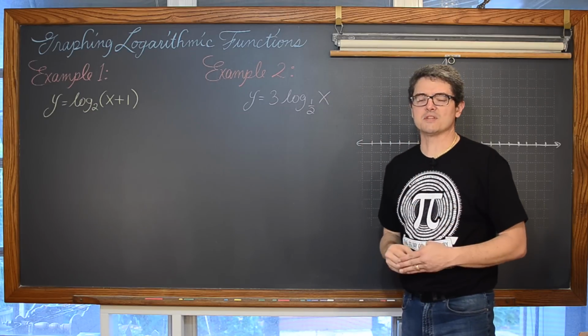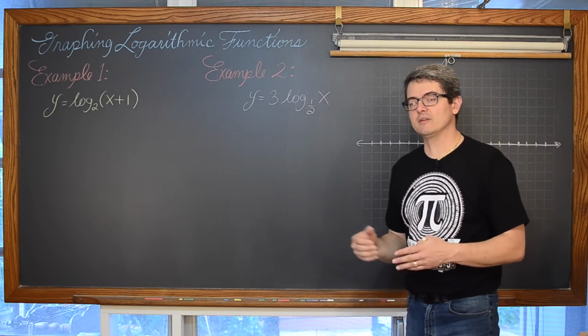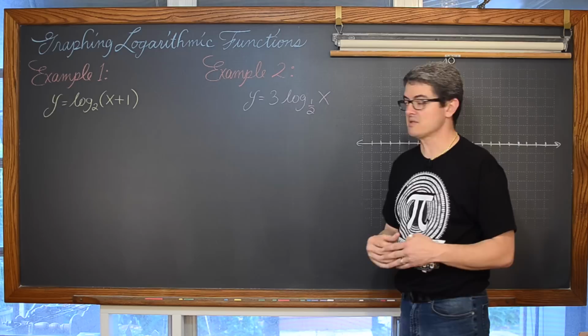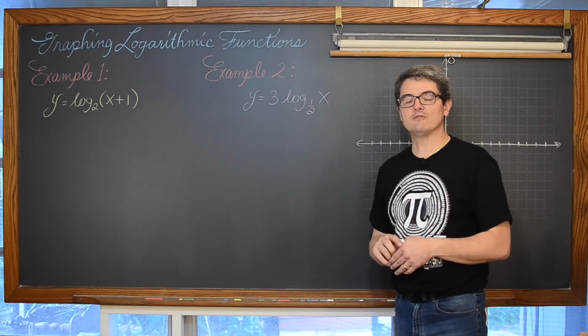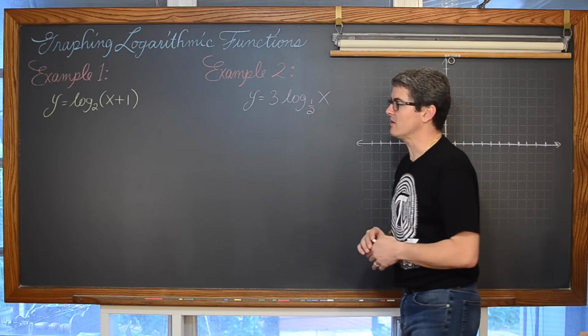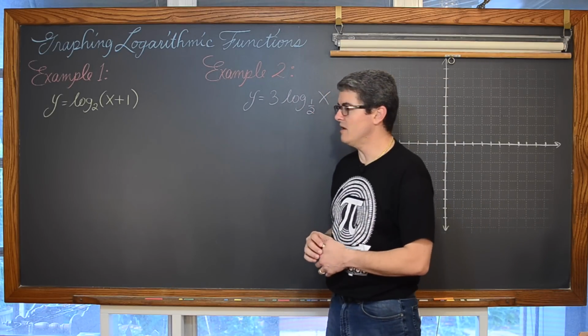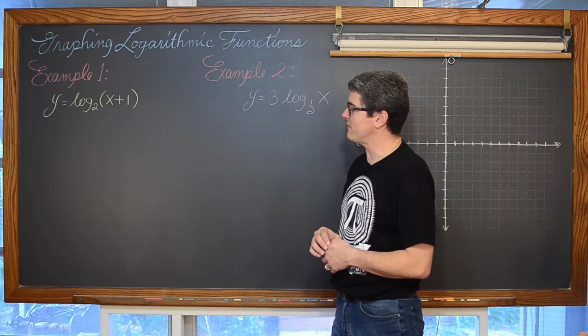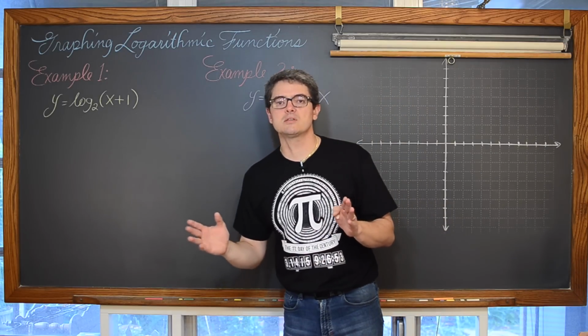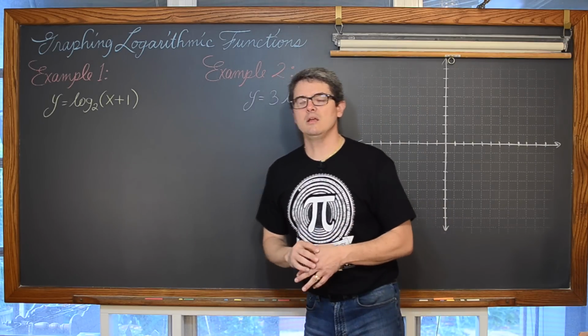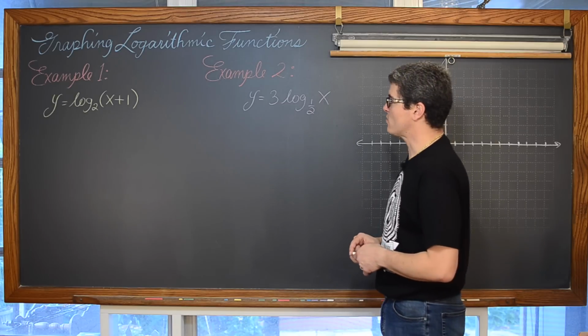I don't want a rough sketch. I would like a really nice graph. At least know 5 points that these go through, and find those 5 points without the aid of a calculator. And again, get that really nice accurate graph, not a rough sketch just based off of transformations. And as we finish these 3 examples, we'll talk about the domain and range of these graphs as well.